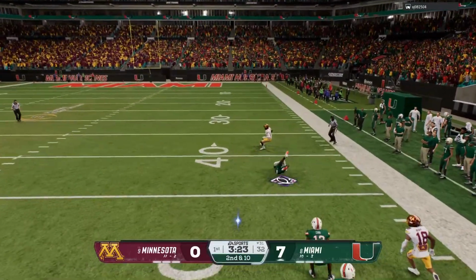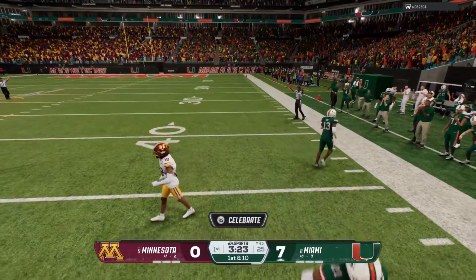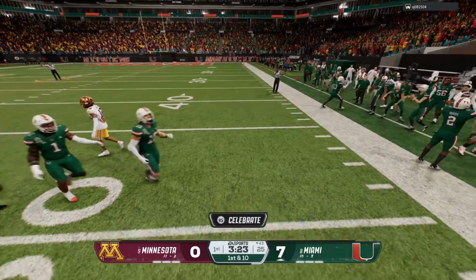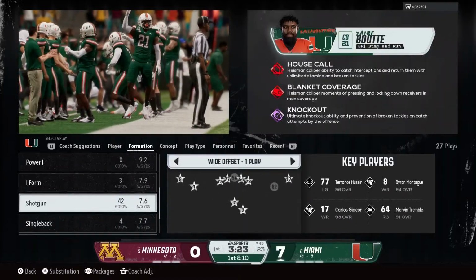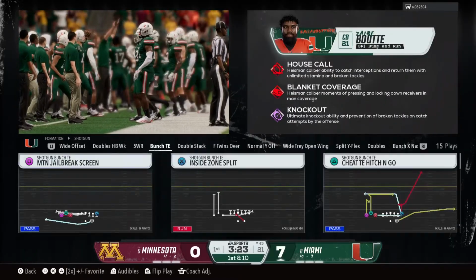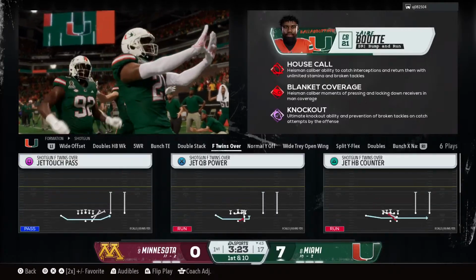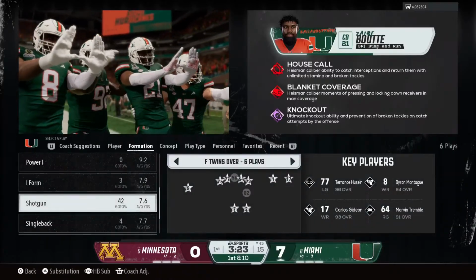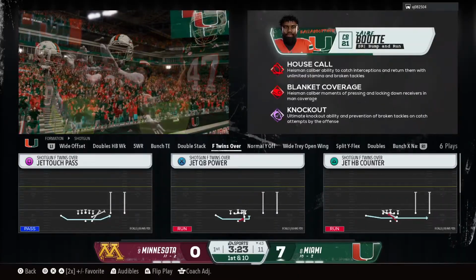Back-to-back deep shots. Intercepted, picked off by the defense. I'm going to give the defensive coordinator a tip of the cap here. They went with dime coverage with 6 defensive backs, which gives them a lot more speed on the field. And with those defensive backs, they're able to play better in space. They recognize the ball, step in front of it for a nice interception.